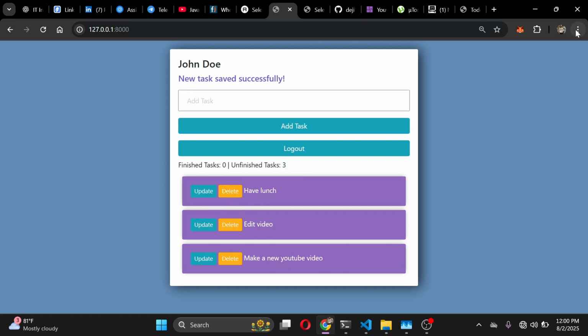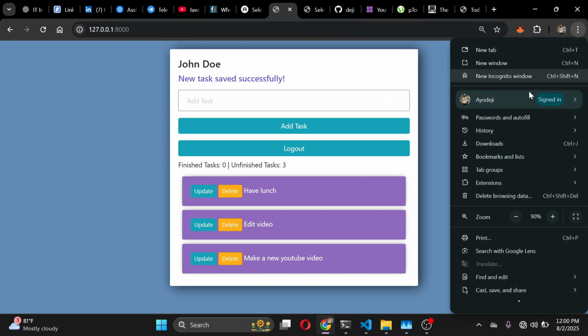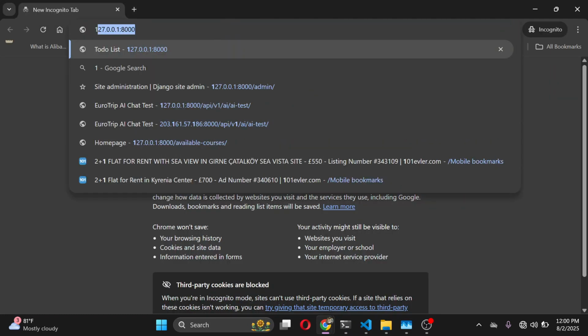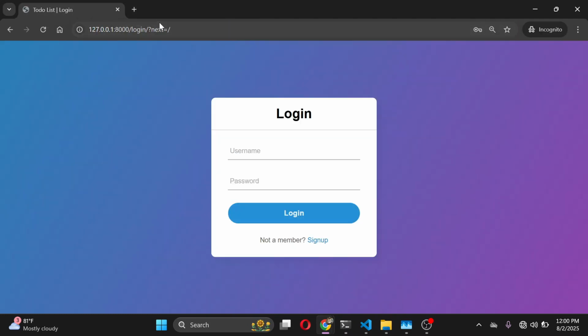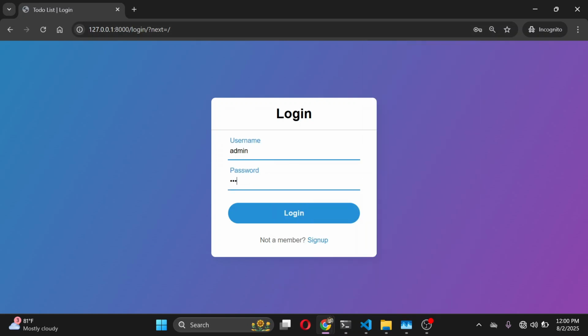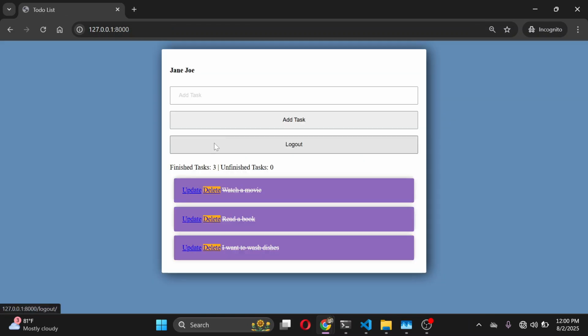uncompleted. So what I can do is I can even open a new incognito tab so that I can log in as an admin. So you can see that these tasks are actually different. So I can go to localhost port 8000 and I'll be redirected to the login page. So I'll put in my username there, I'll put in my password there. And once I log in, now, it isn't loading because I'm not connected to the internet, but you can see